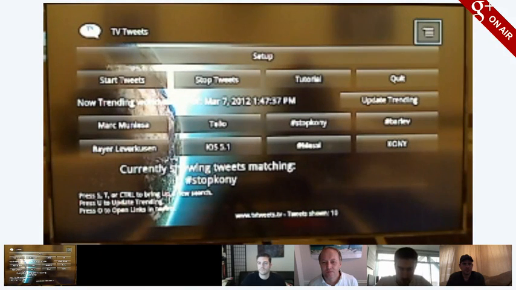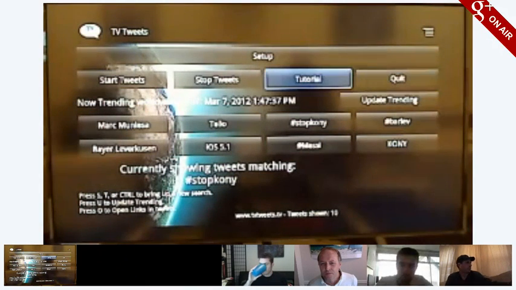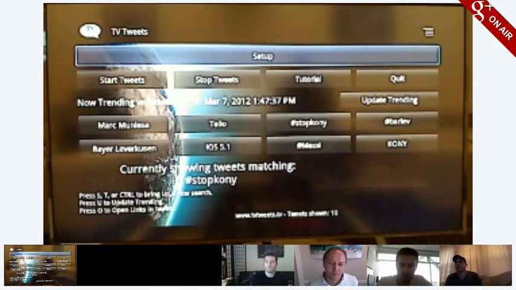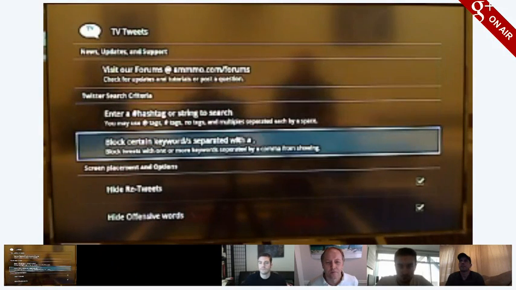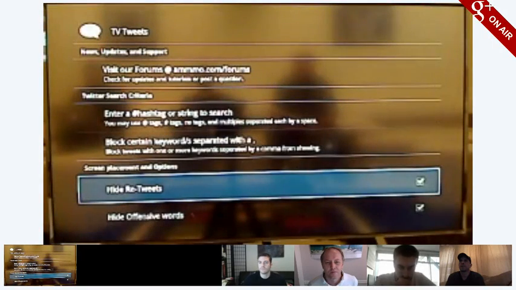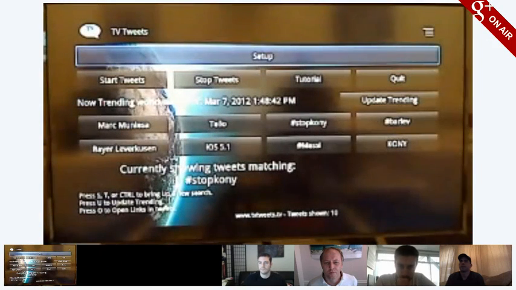This is an interesting focus handling issue. I'm focused on the menu right now. I'm pressing D-pad down once. I would really expect it should go to setup. So I have to go left and then up. And then I can go to setup, and there's a lot more options. I think for a lot of applications, it's difficult to make them simple to use, but I think that's really the challenge for developers, trying to hide the complexity behind something a lot simpler.